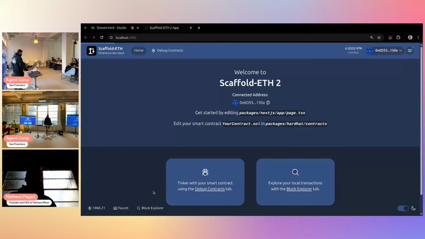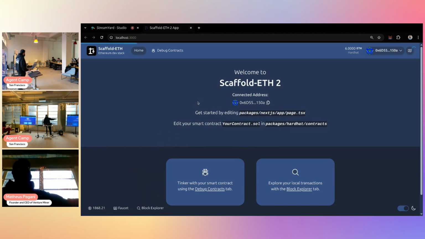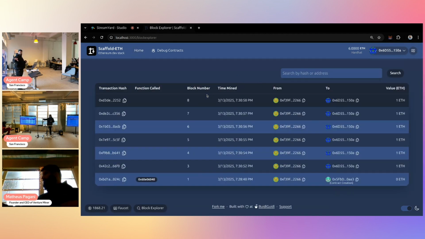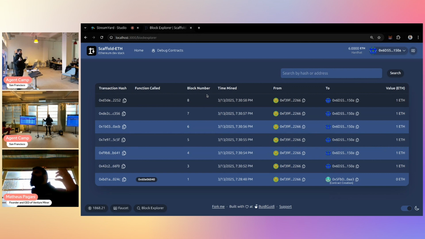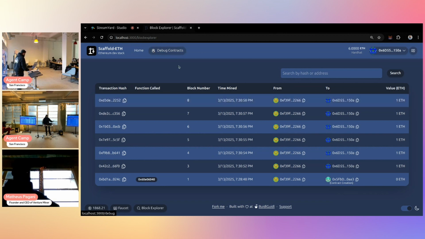And if I go to the block explorer, I'm going to see a list of transactions, a list of movements that happen inside this blockchain in my own machine. So by itself, even without smart contracts, this is something very helpful. I can know all the addresses and transactions that succeeded and failed on my own computer. You see, people, we have like a sandbox environment now, like a lab, like a digital environment where we can try everything that we would do in the blockchain, but on our own computer. Sounds very cool, right? I haven't even started.